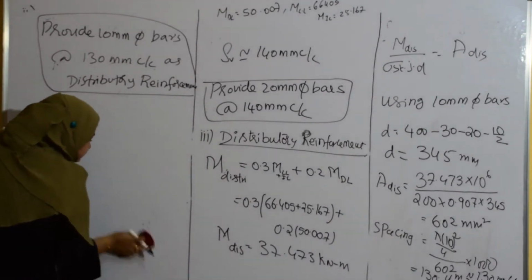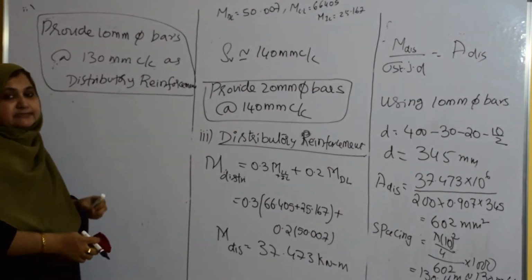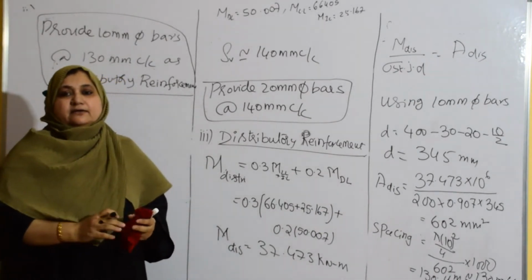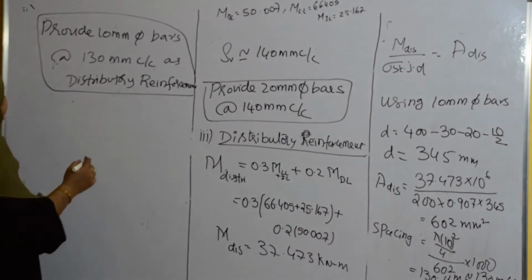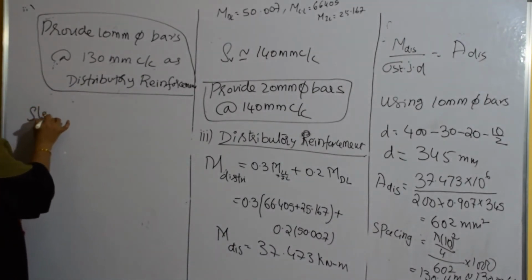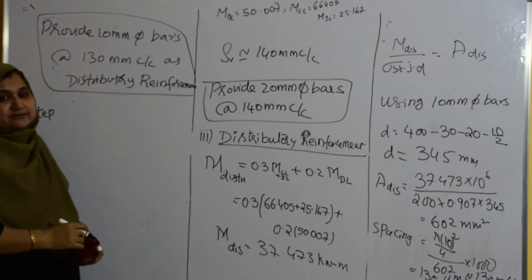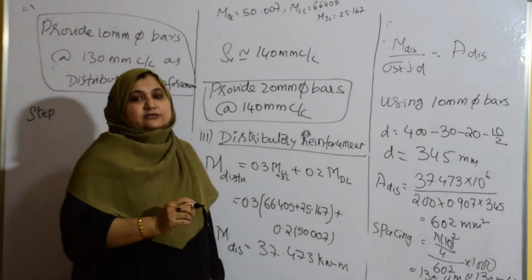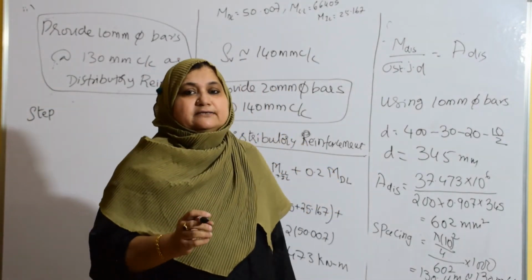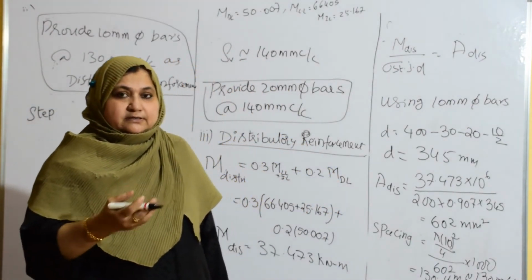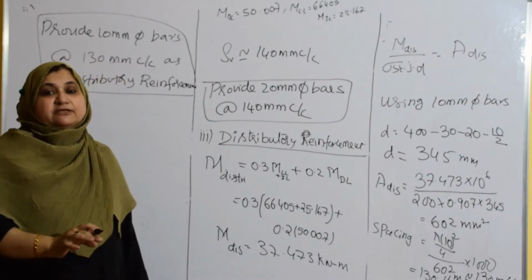So this was the easiest part. Step 5 and step 6 were easy, and now again we are going into the difficult part. Okay, so step 7, design is completed. You have got the thickness, you have got the steel, main steel, distributary steel, and design is completed, almost loads, everything is completed.